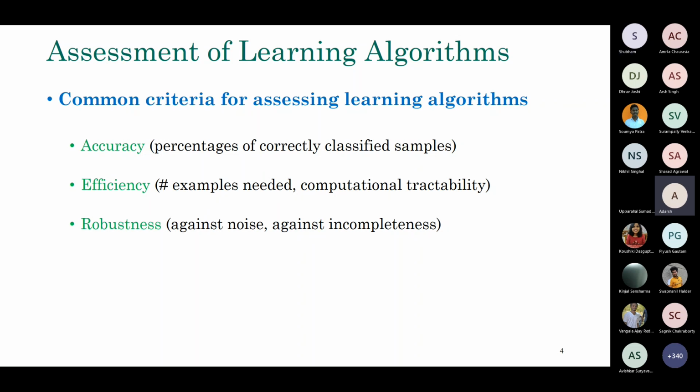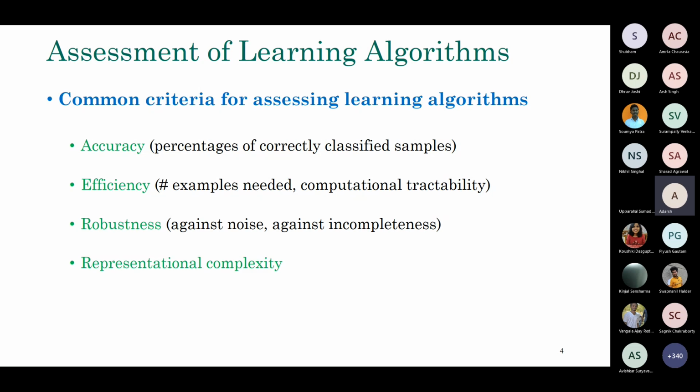Robustness is one of the most important desirable criteria to assess machine learning algorithms. So, robustness against noise. You build a model, but if you notice that with some changes in the data, your model performs very poorly, then the model is not robust. Or with some noise in the data, the model performs very poorly, then you can say the model is not very good. So robustness is another important condition, at least for a real-life setup.